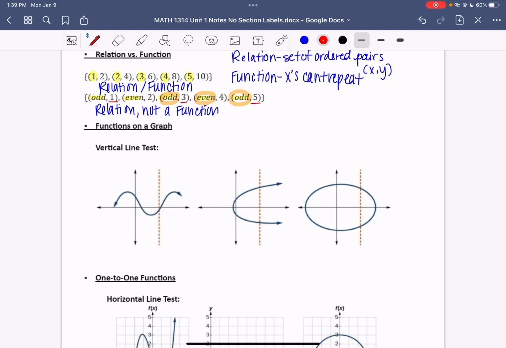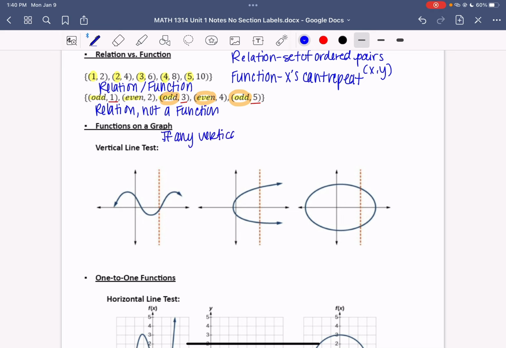Now, looking at ordered pairs is not always the fastest way of figuring out if something's a function. So we're going to look at functions on a graph and see if we can take the definitions and look at those definitions in the graph and approach it a different way. So in the next one, let's look at something called the vertical line test. The vertical line test says if any